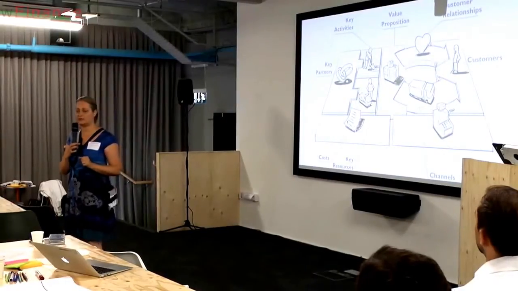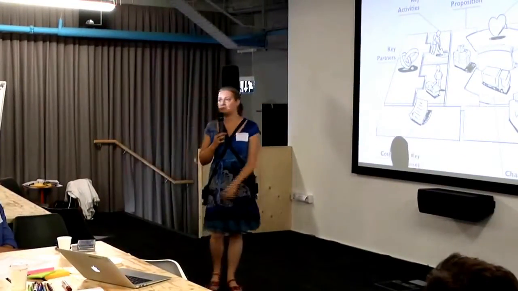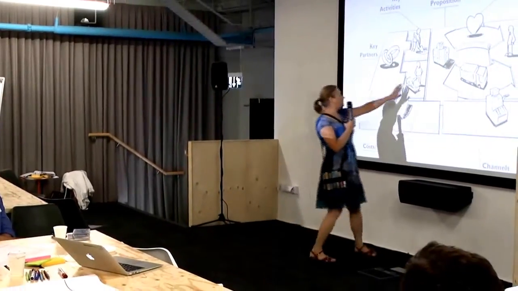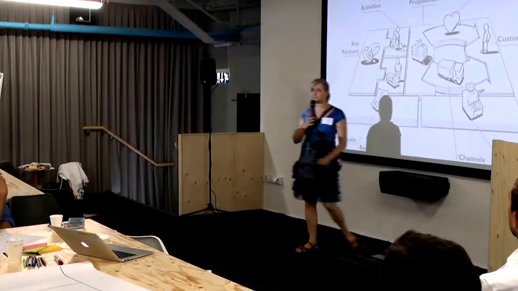A note on the partnerships as well. This is a thing which has several layers as well, similar to the relationships, from a simple supplier relationship type of partner through joint ventures to models where the partner actually is integrated in the model and is appearing as a customer or as a producer of value. So partners affect a lot of the other elements. Partners can appear here, here, a lot here, and even there.